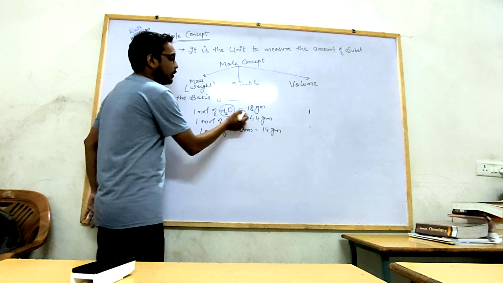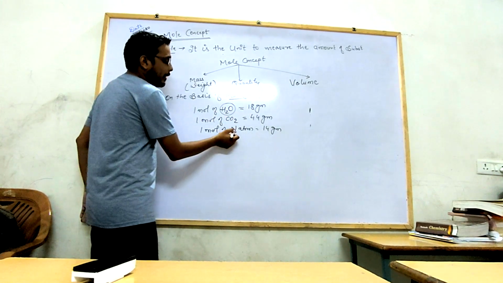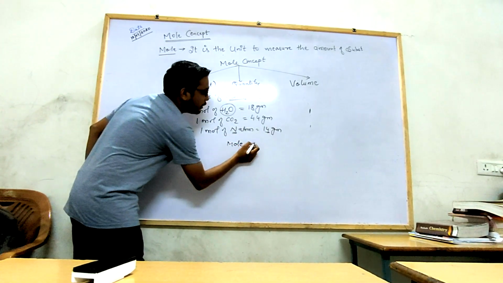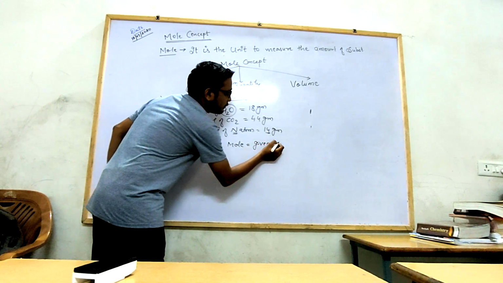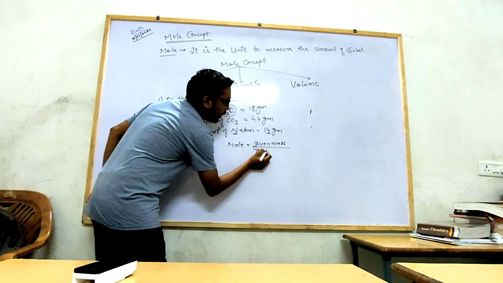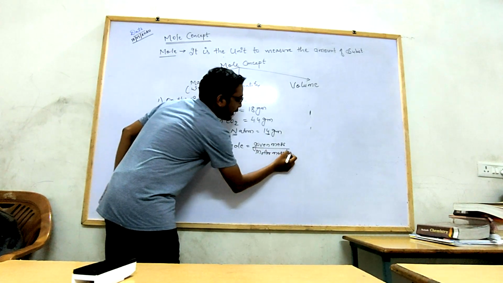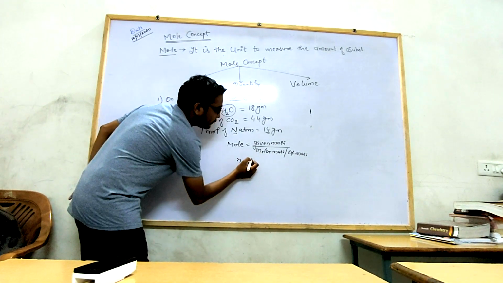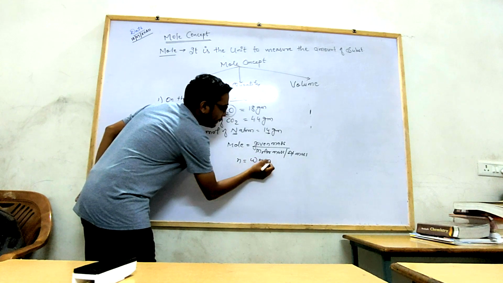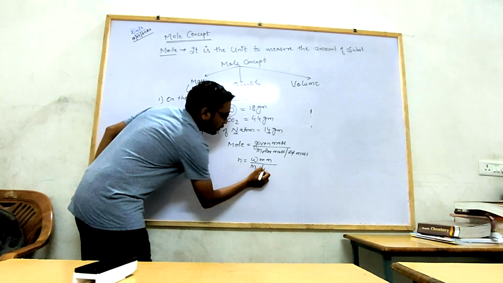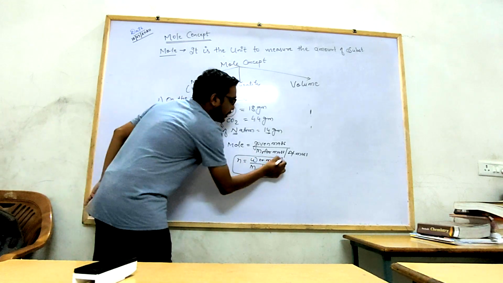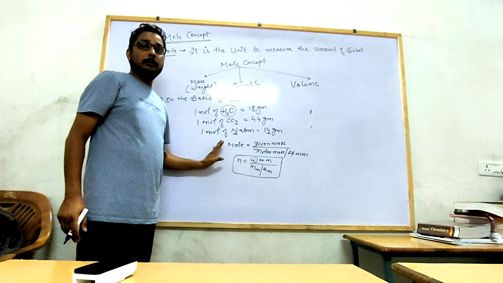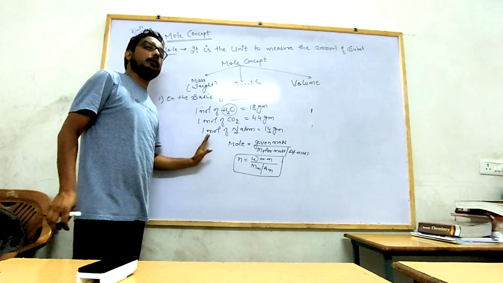In case of a compound, you have to calculate the molar mass, and in case of an atom you have to take the atomic mass. So in conclusion we can say that mole is equal to given mass upon molar mass or atomic mass. So the formula becomes n equal to mass, W or small m, upon molar mass slash atomic mass. So this is the first formula, the basic formula for calculating mole. Okay? Hope you understood this topic.